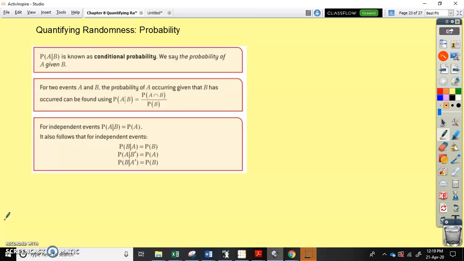Okay, in this video, we're on to the next section in our chapter on quantifying randomness and probability, and that's looking at conditional probability. So last lesson we looked at independent. This one we're looking at conditional probability, where we look at the probability of something given the occurrence of something else. So basically,